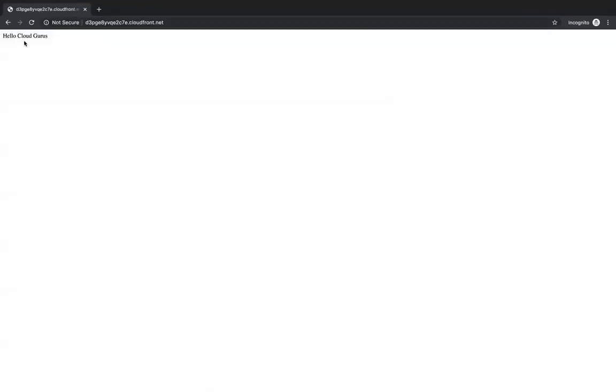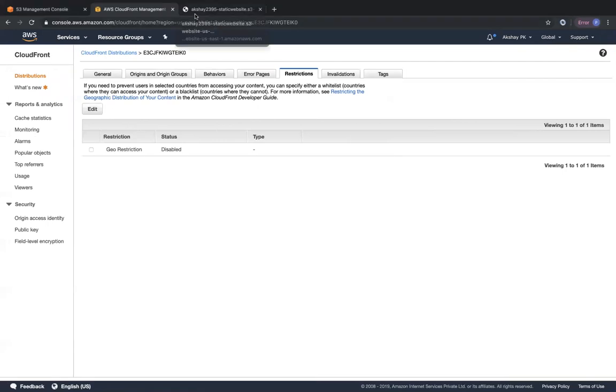So we can see that even at the CloudFront distribution's domain name, we are able to view our statically hosted content from our website. So this is from the S3 website endpoint directly, and this is from the CloudFront distribution's endpoint, because our CloudFront distribution is accessing S3 and getting that content. So you can see over here right now that probably we'll be using HTTPS. How do you find out it's using HTTPS?